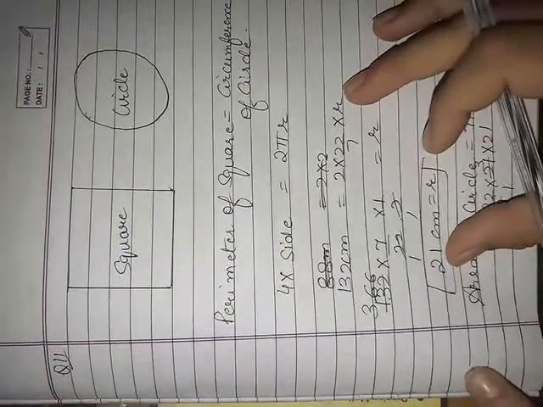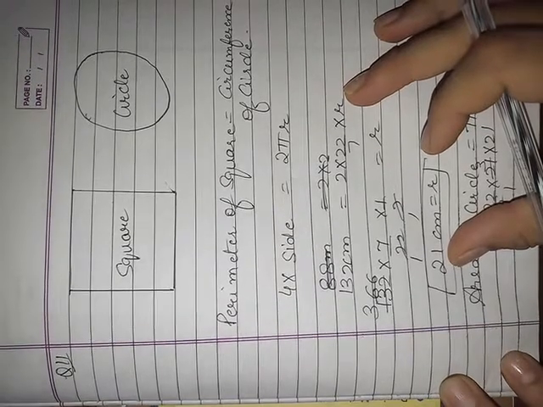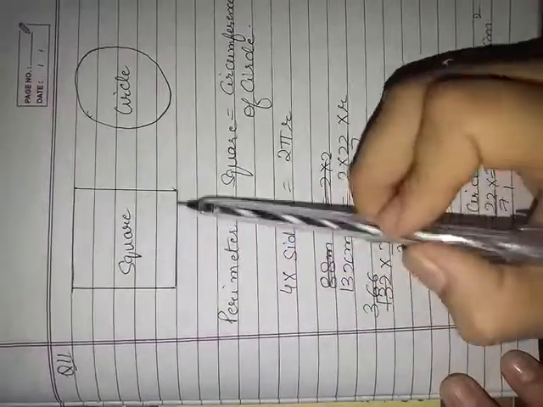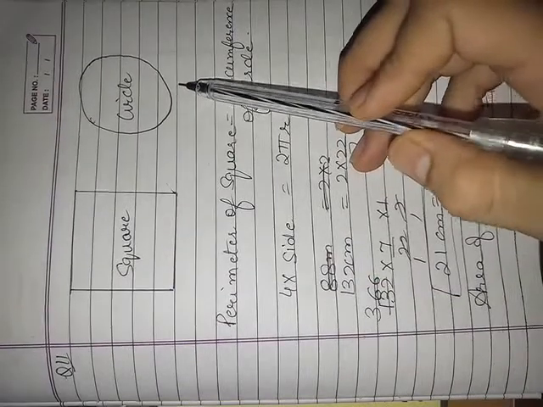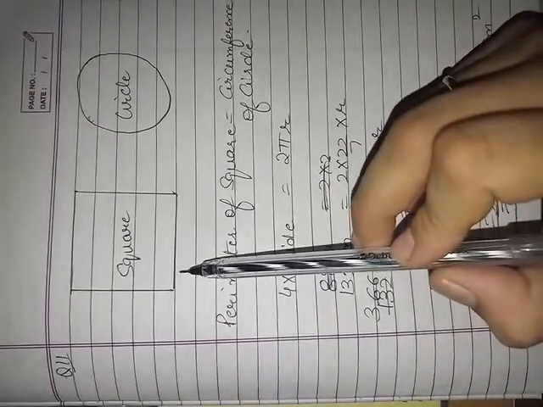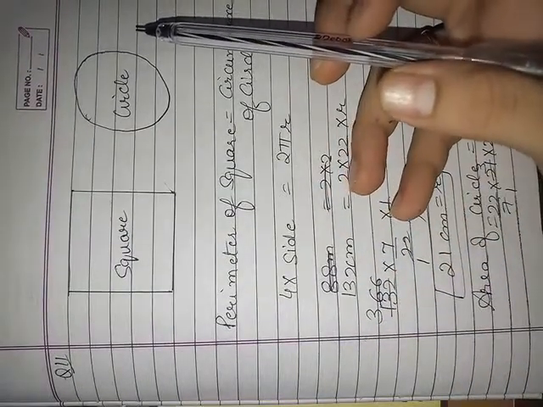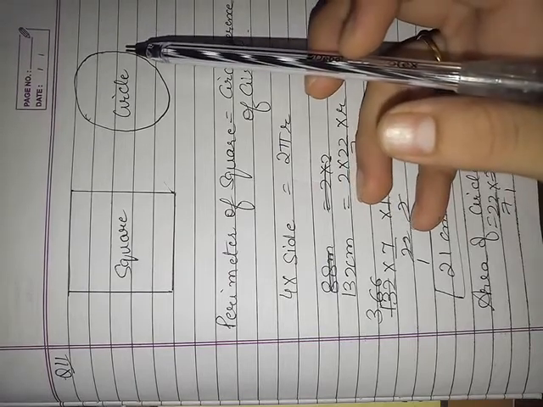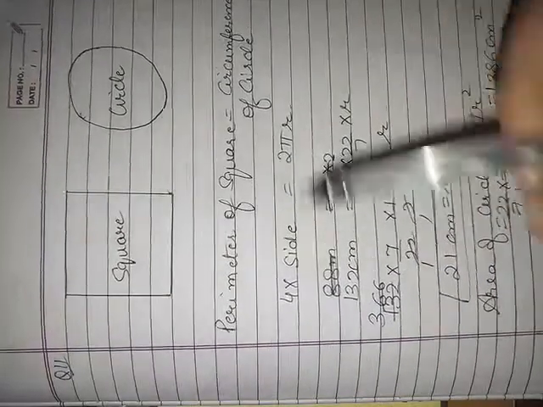Now move to the last question. Your last question is, a square metallic frame has a perimeter 132 centimeter. It is bent in the shape of a circle. First it is in the shape of a square. Now we will change the shape and the same length is bent into a circle. You can keep the same example in your mind: the thread, first we make a square, then we change it into a circle. It means if you change the shape of any two-dimensional figure, their perimeter remains same. So in this case perimeter of square will be equal to circumference of circle.